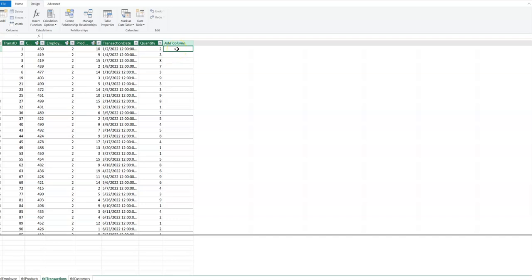I'm going to use the RELATED function because it relates the tables. When you have a relationship between tables, we use this function when we perform calculations across the tables. I'm just typing the equal sign here,